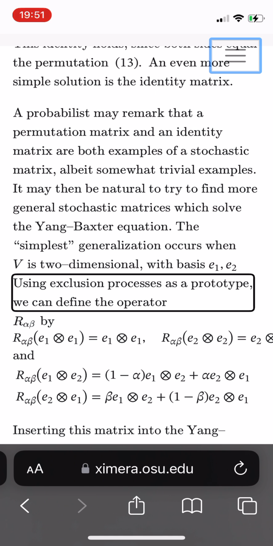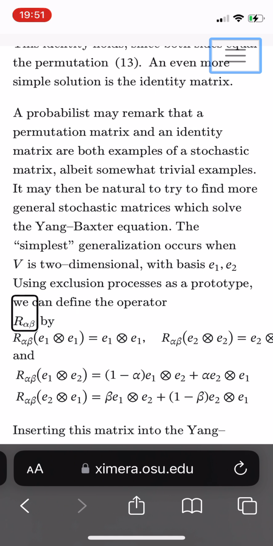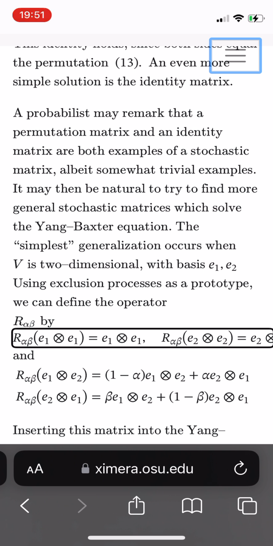Using exclusion processes as a prototype, we can define the operator R_{αβ} by R_{αβ}(E_1 ⊗ E_1) equals E_1 ⊗ E_1, R_{αβ}(E_2 ⊗ E_2) equals E_2 ⊗ E_2,